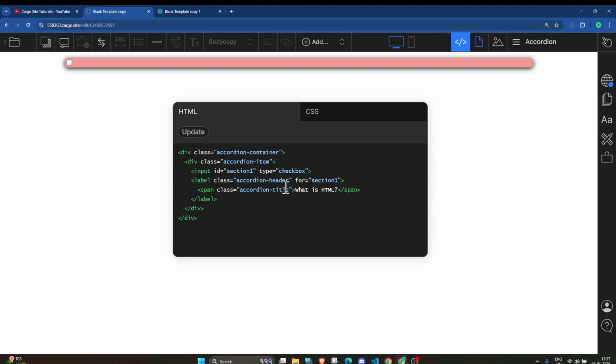Now let me click on update. Here you can see how it is looking, and after that we will add one more div, and this div is for the plus icon. So we are also going to give this a class, which is accordion icon.